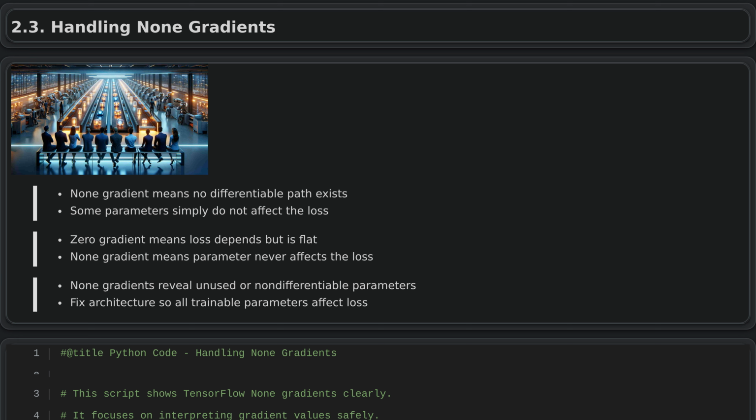Handling none gradients. When a gradient is reported as none in automatic differentiation, it is not an error, but a sign that TensorFlow cannot connect that parameter to the loss in the current computation. This means the parameter does not influence the loss, so no gradient can be computed for it. None is different from a zero gradient because it indicates that the parameter is not part of the differentiable path at all. Recognizing this helps you adjust your model so that all intended parameters actually affect the loss and receive